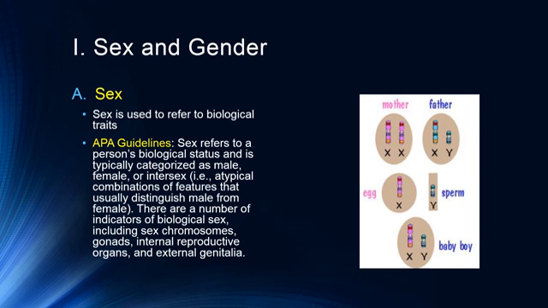What we're going to see here is that there are lots of different potential combinations, and sex chromosomes aren't everything. External genitalia aren't everything. So there are lots of different ways in which we differentiate people of different sexes and genders. So this is not the sort of binary distinction that many people think of it as. Not everyone is entirely male or female. And so we're talking about kind of a spectrum of different characteristics that can't easily be defined. And so we'll start with anything that is biological, we tend to refer to as a sex characteristic.